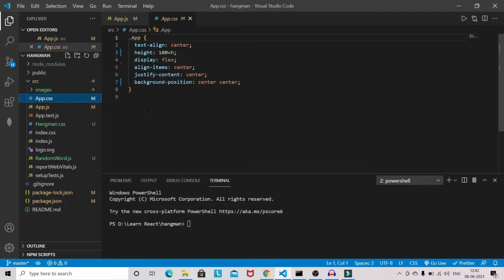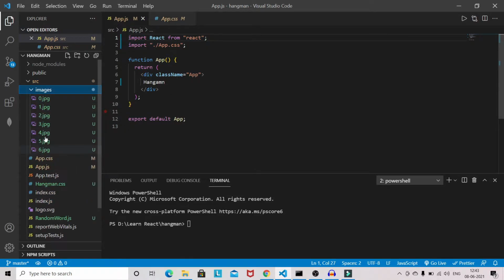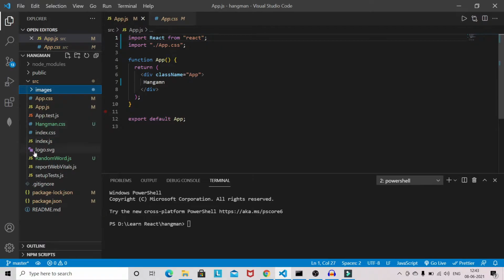I will provide all these resources in the GitHub repository, so you can download them. Once you have downloaded from the repository, you have to place them this way. We have around 7 images, and everything will be under the src folder. I hope you have done all that.